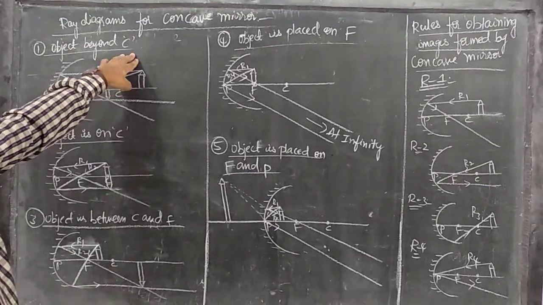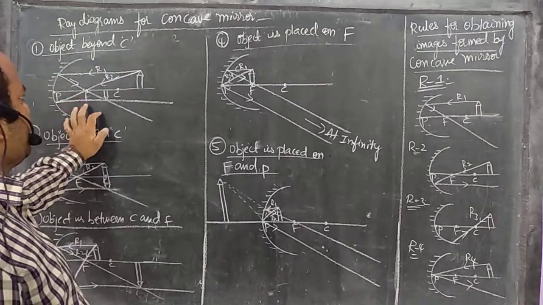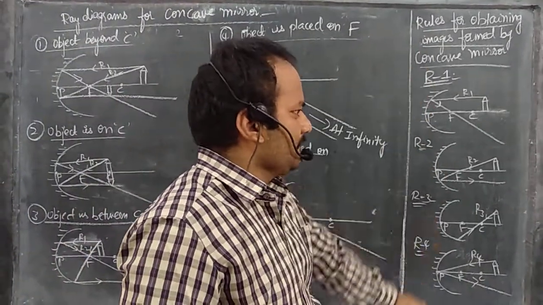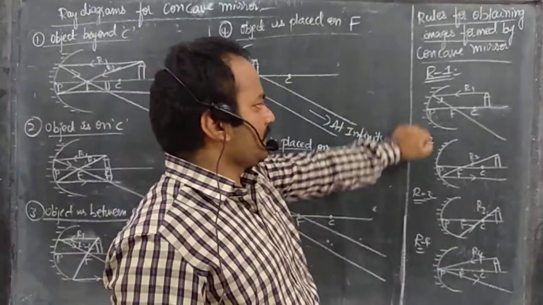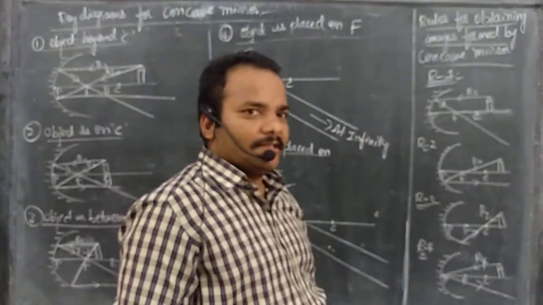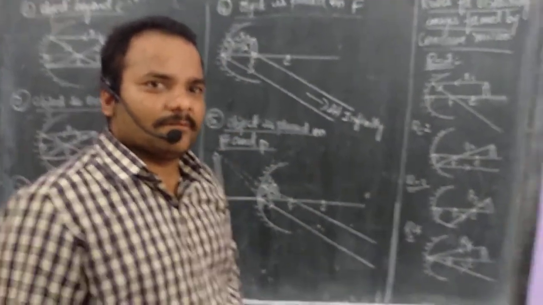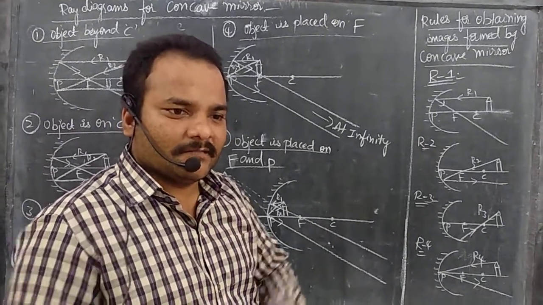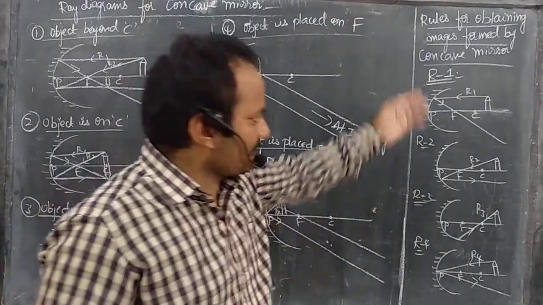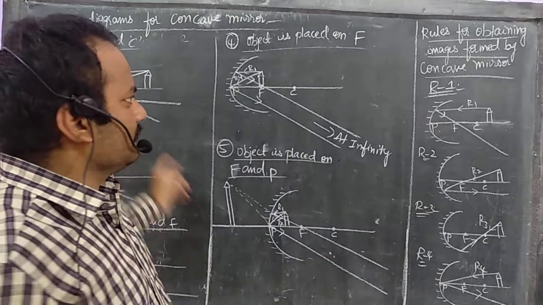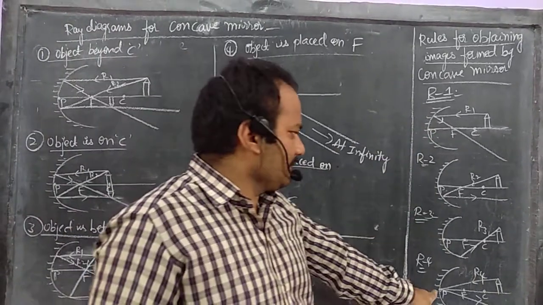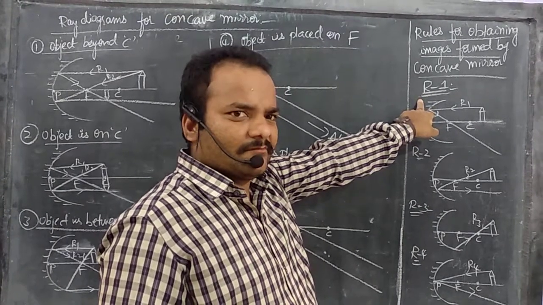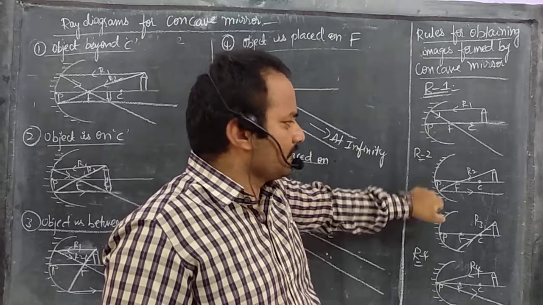Object beyond C. See here, how I used rule 1 and rule 2 when I kept the object beyond C. In these 4 rules, we have to take the help of any 2 rules. Is it possible with rule 1 and rule 2? In your class also, if your teacher takes attendance, she will start with number 1. She will never say number 5 first, because there is an order. For drawing the ray diagrams also, we should follow the order. I can't start with rule 4, because I should go with rule 1 first. I should see the possibility, give the opportunity to rule 1, rule 2, rule 3, step by step.